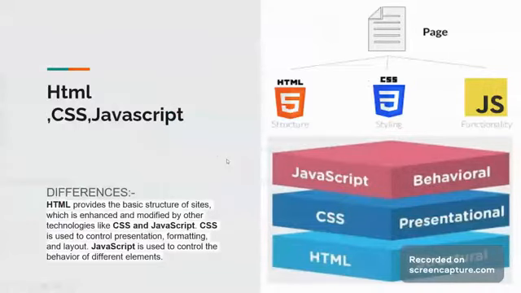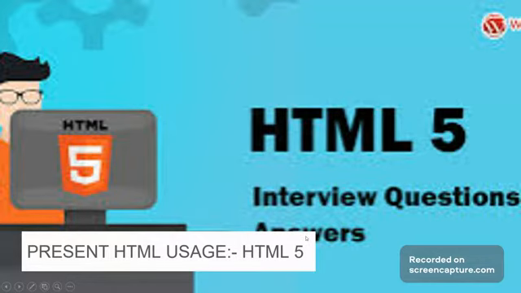See, you understand the difference between HTML, CSS and JavaScript, where HTML is the structural format, CSS is used for presentational skills, and JavaScript is used for the functionality behavior. The functionality behavior will be set by this JavaScript. But for now, we are using only HTML for basics, and CSS and JavaScript will come in further classes. For now, we will discuss only HTML. At present, the version of HTML running is HTML5. We all are using this HTML5 for creating any web pages.